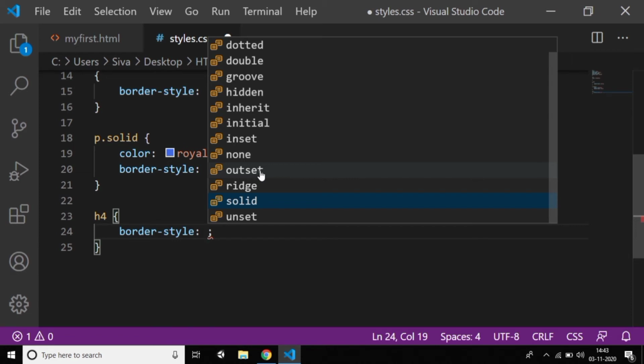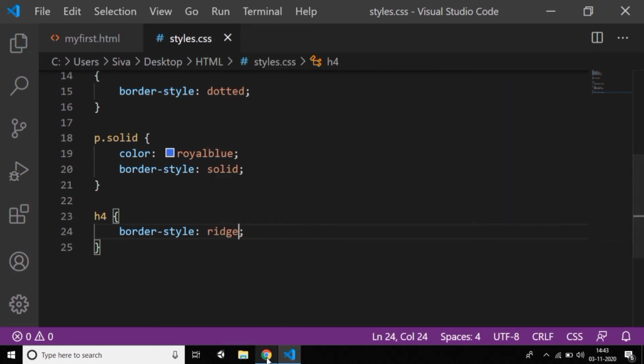Hidden is also the same as none. We have inherit, solid, double, and unset. All these borders you can use, and we can use mixed borders also, like dotted, dashed, solid, double.